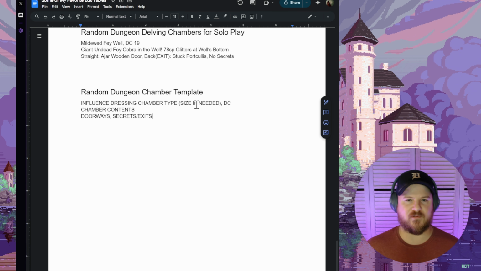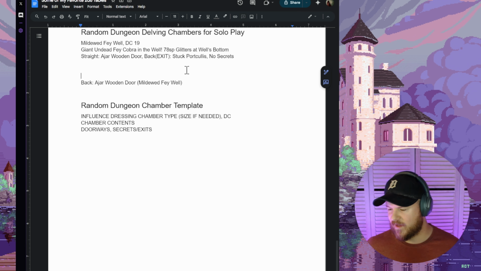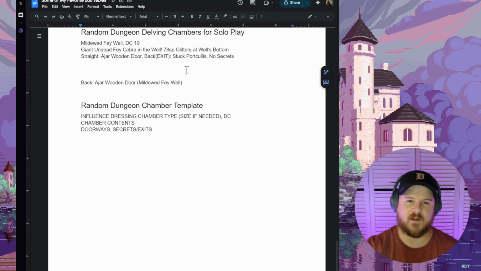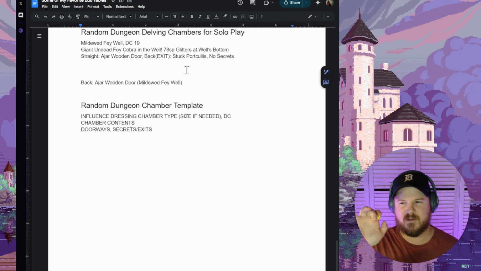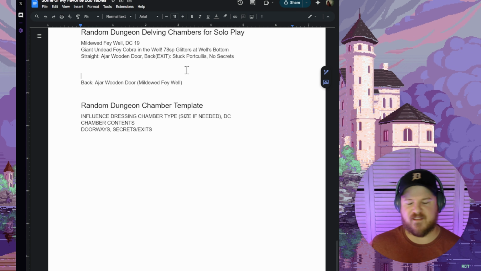So let's say we went through that ajar wooden door. Mildewed Feywell. So that's what's back behind us. So just want to get that out of the way first. Okay, what is this room? So I have a d20 that I'm going to use. I kind of said it was Natural Cavern, so let's assume it's Natural Cavern, so I'm going to roll 2d20, and it's a well, so maybe this is sort of like a complex, a place where people used to live. So I'm going to use 2d20, and then off of the list that I have, there are 20 entries for different chamber types. I'm going to choose the one that feels the most useful for, like, a complex